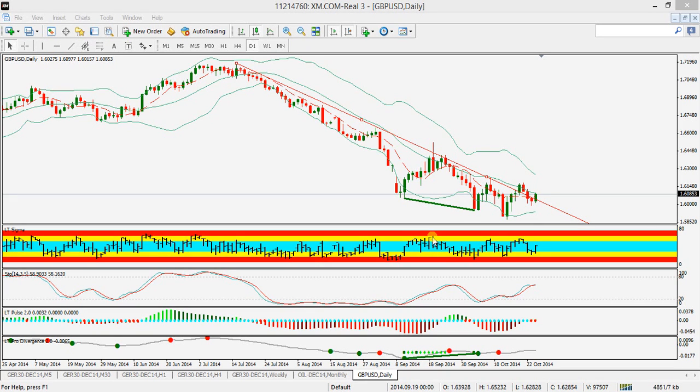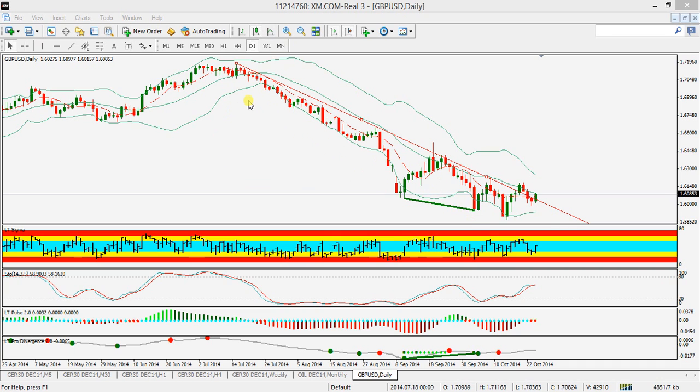This is a very quick video update with regards to the cable. So looking at GBP US dollar, here what we've had is a very strong downwards movement during the past few months, as most of you will have known. We're looking at the daily chart now. We've drawn this red bearish, or shall we say red downwards trend line here that we've observed, and we've tested